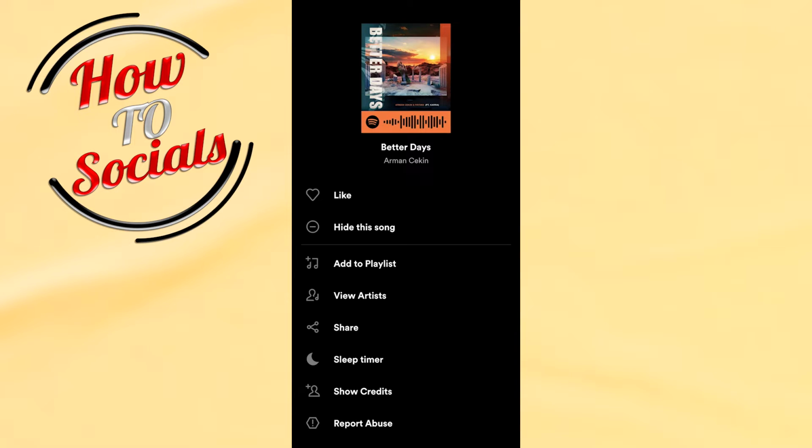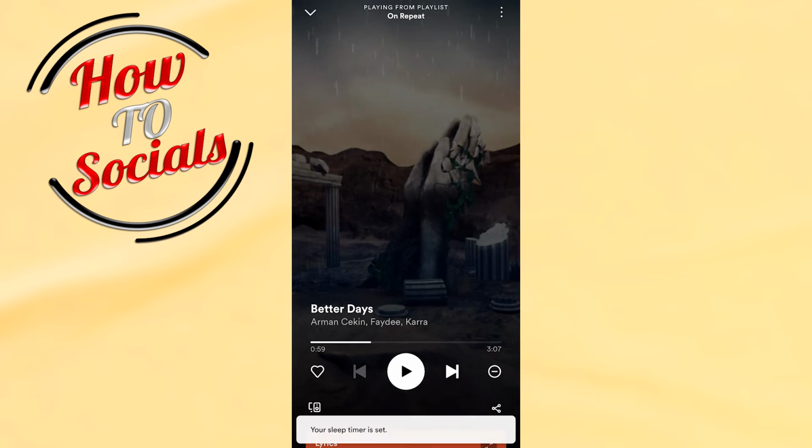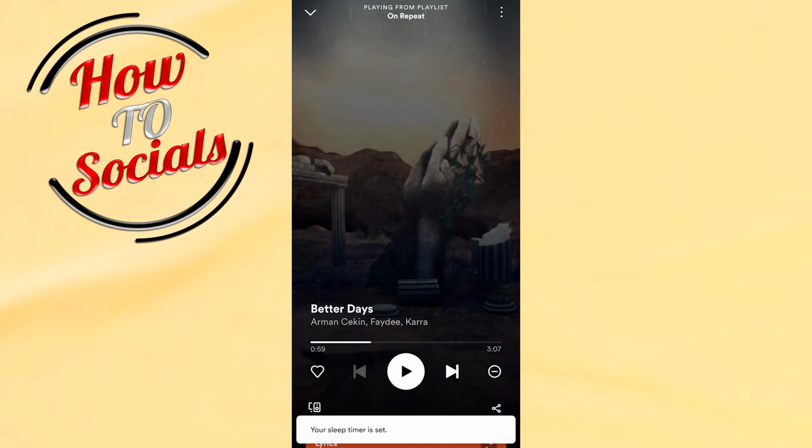sleep timer. Just click on it, and here you can have the option for stopping audio in 5 minutes, 10 minutes, 15 minutes, 30 minutes, 45 minutes, 1 hour, and also have the option for end of the track. Now we'll go with 5 minutes and your sleep timer is